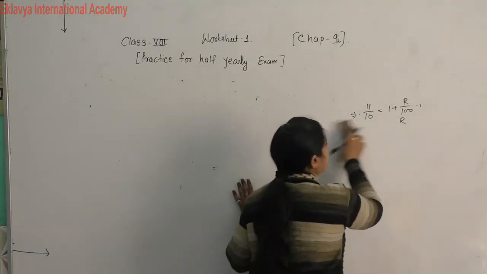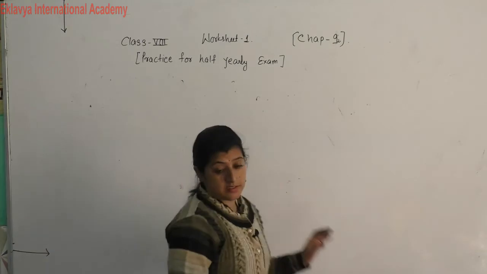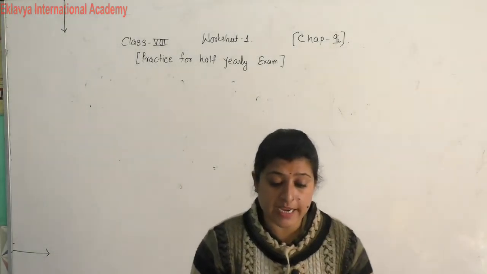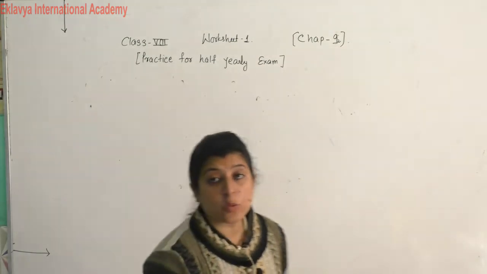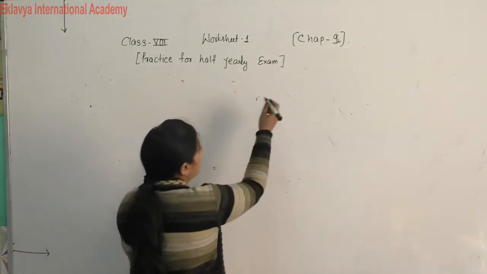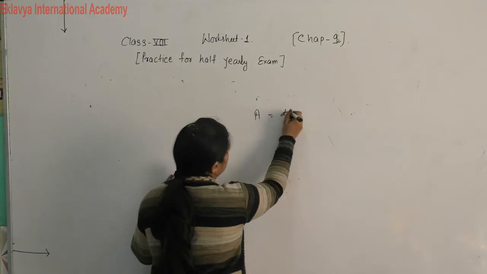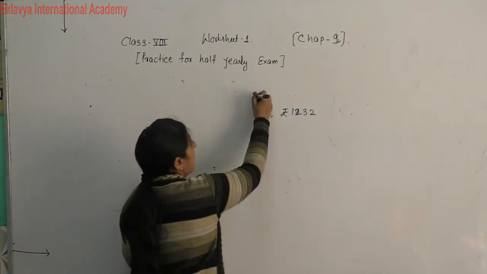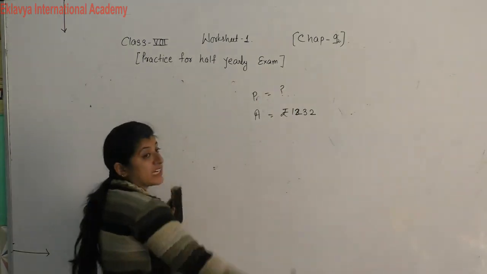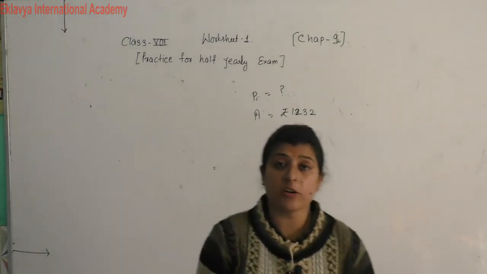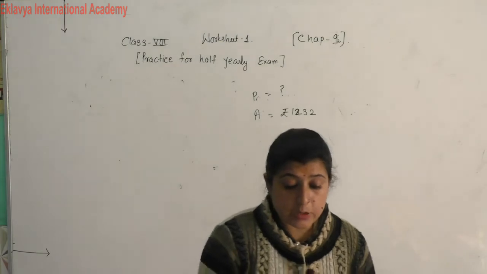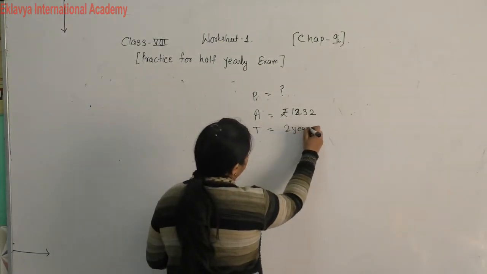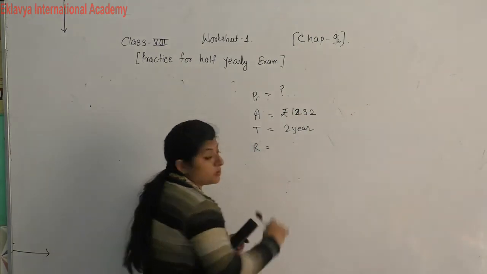Practice it properly, all the questions. What amount of money should invest in a bank in order to get rupees 1232? It means amount should be rupees 1232. How much amount should he deposit? It means we have to find out the principal. In 2 years, time is given to you 2 years. And rate is given to you